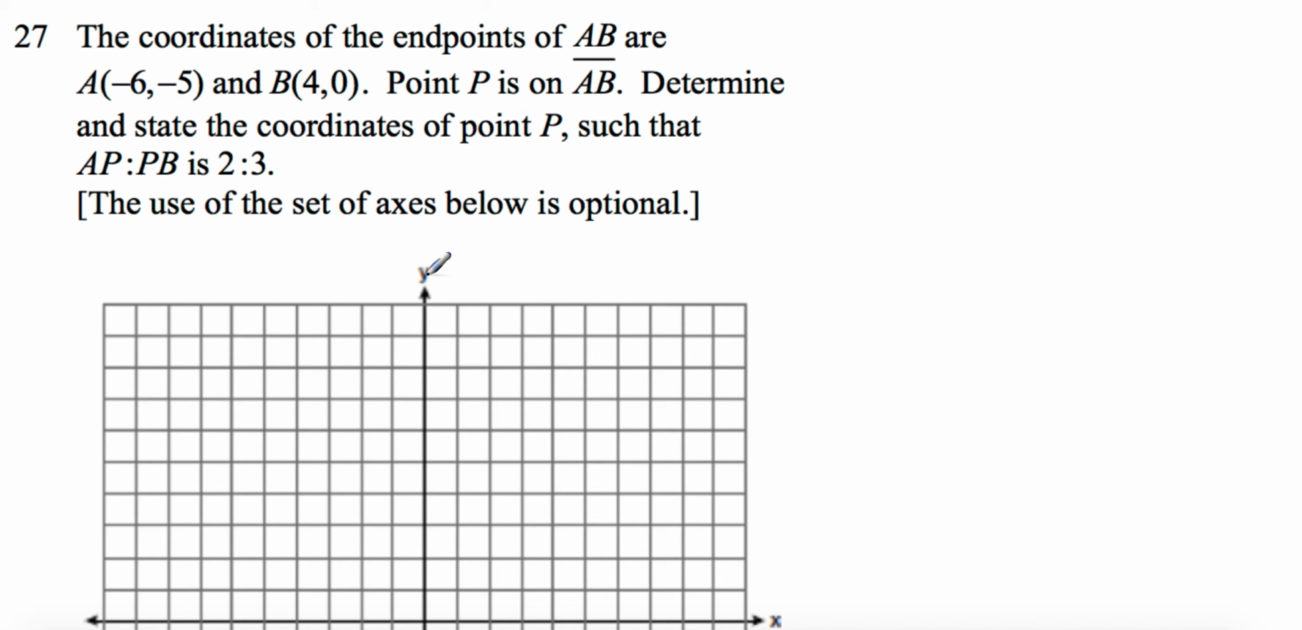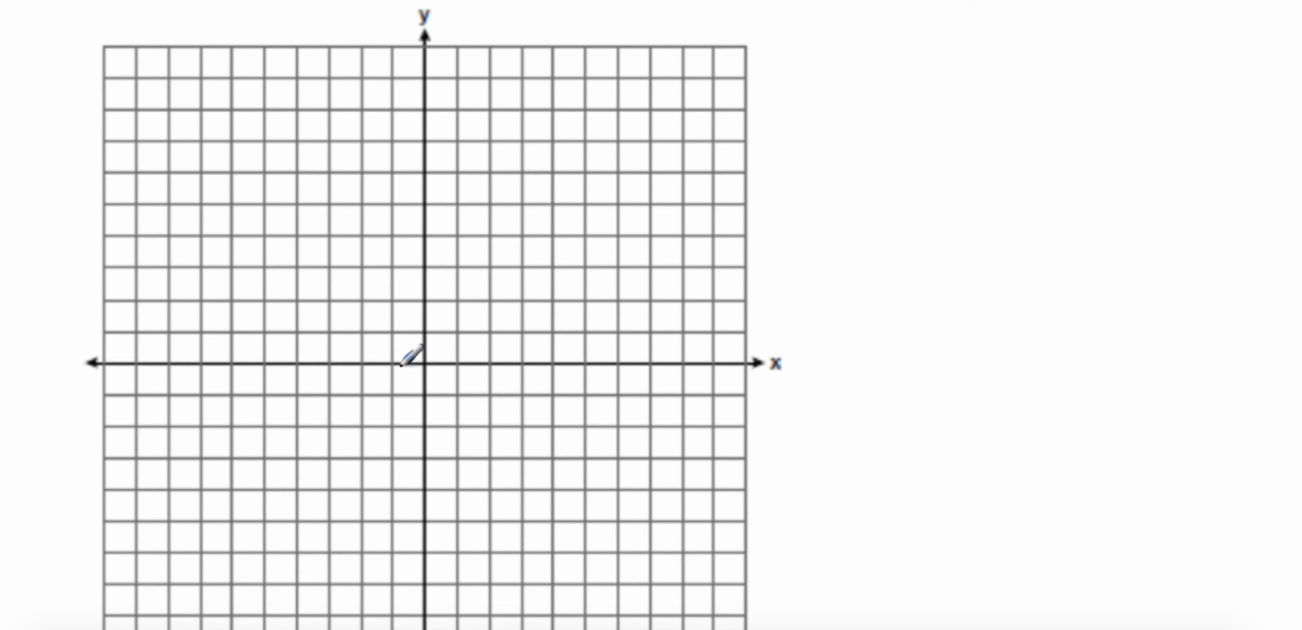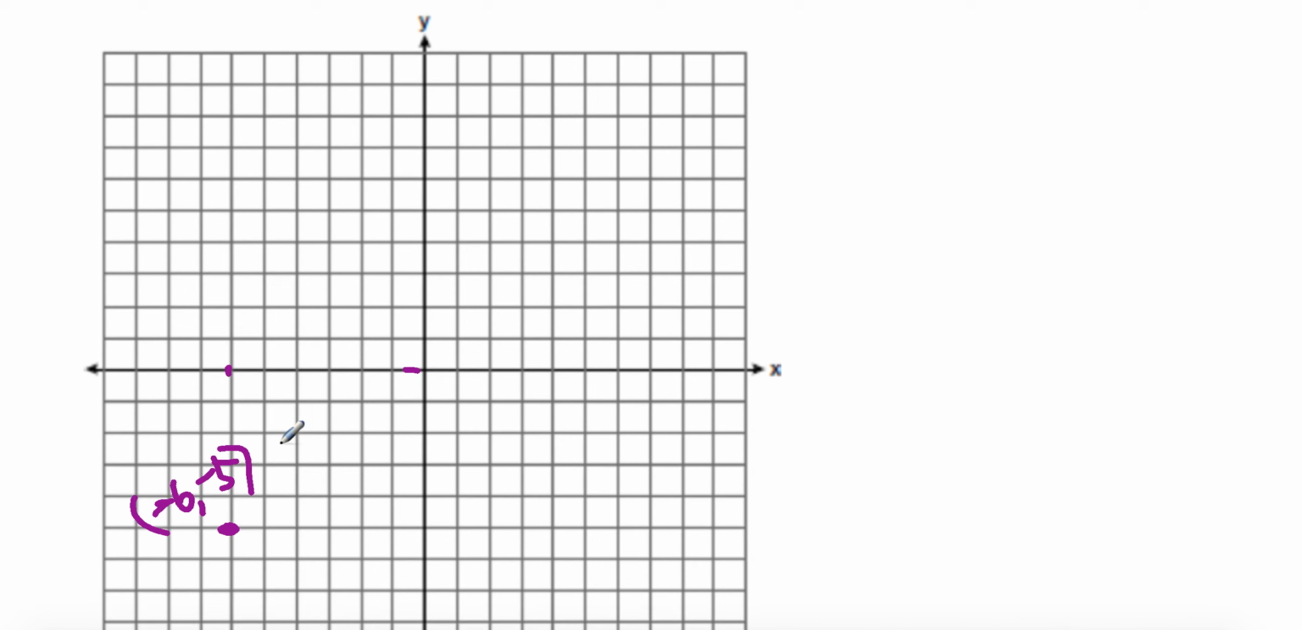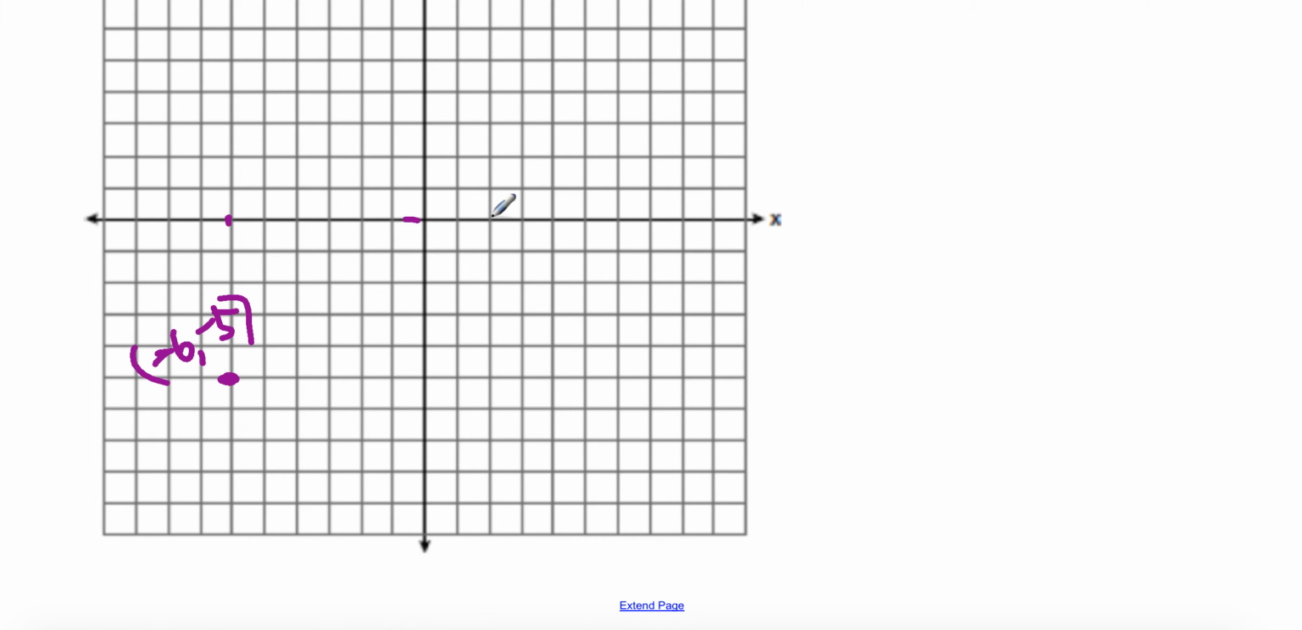So here we have A is (-6, -5). -6: 1, 2, 3, 4, 5, 6. -5: 1, 2, 3, 4, 5. So that's (-6, -5). And then the other point is (4, 0). 1, 2, 3, 4. That's (4, 0). Now we have a directed line segment here